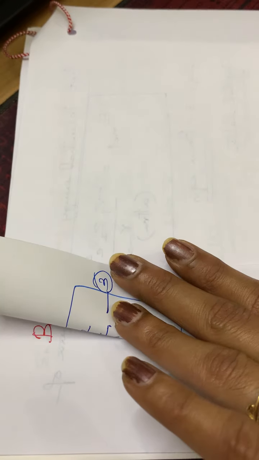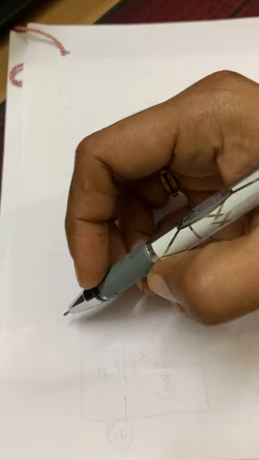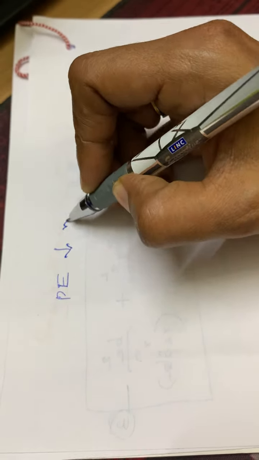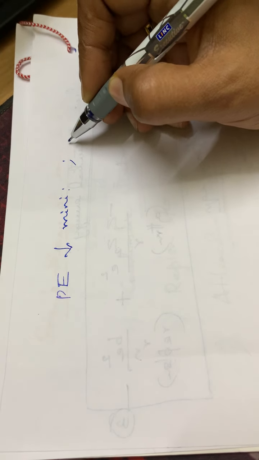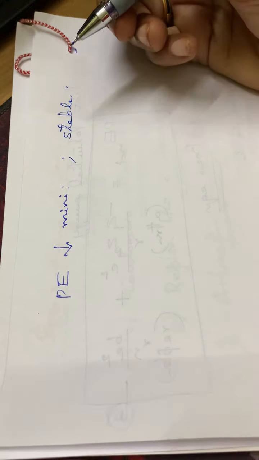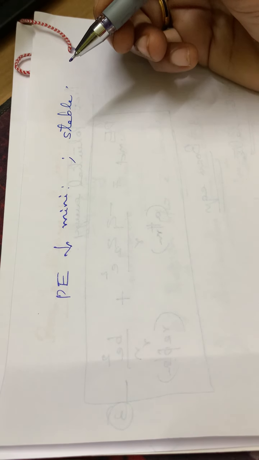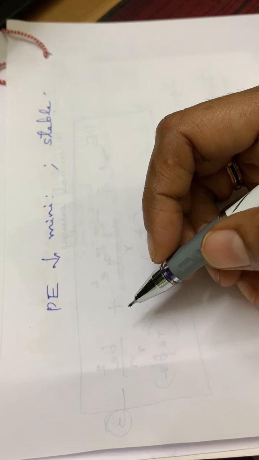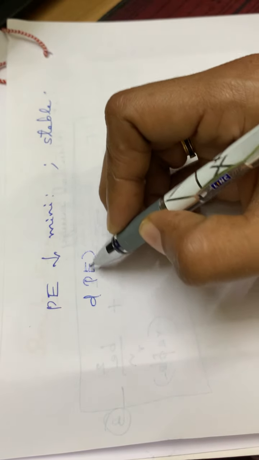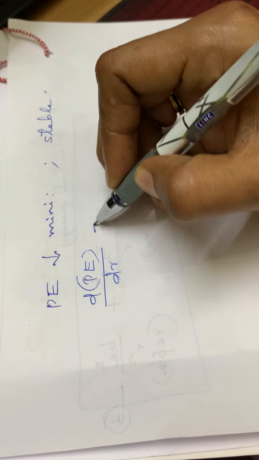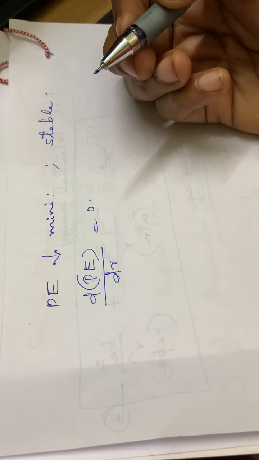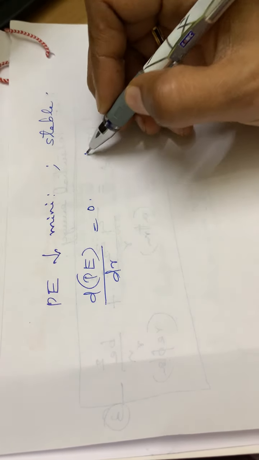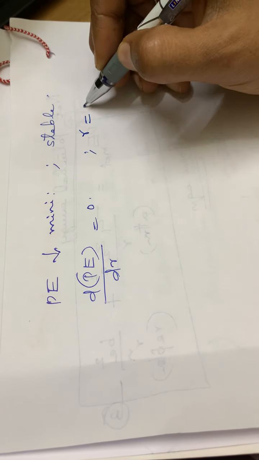See, usually an ion will be in a stable position when both the attractive force as well as the repulsive force balance each other, isn't it? That means when the potential energy is minimum, that particular compound will be stable. For attaining stability, the energy should be minimum. So here we can write the potential energy as a minimum, and differentiating the potential energy with respect to internuclear distance, dPe by dr, will be equal to 0. And for this derivation, we denote the internuclear distance r as r0.